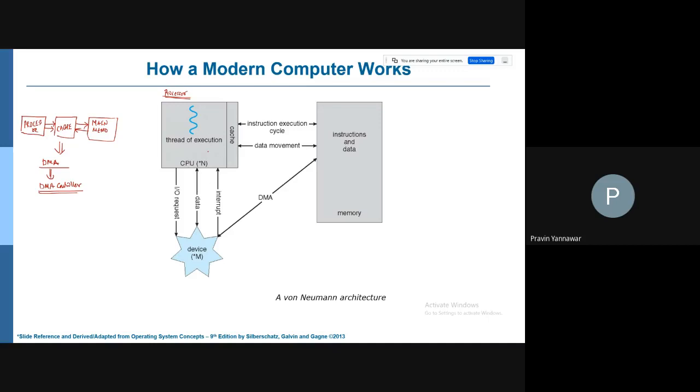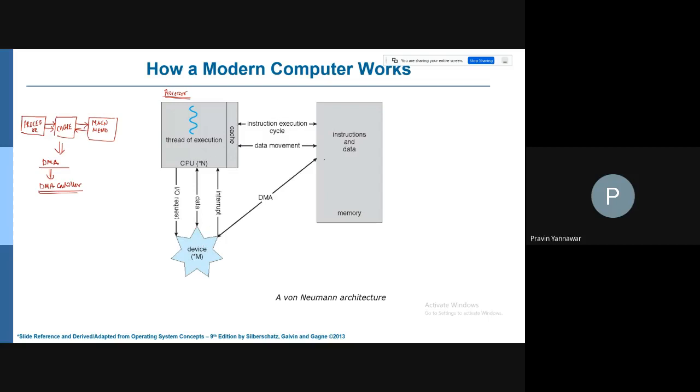Now usually how this is done is, if you have a processor and device relationship, the device sends an interrupt saying that it wants this particular data, then the data goes to a cache, and the processor checks with the cache whether it is available or not. If it is not available, the processor sends a request as an instruction cycle to the main memory. From the main memory, it is brought in and placed onto the cache, and then the CPU uses that particular data.